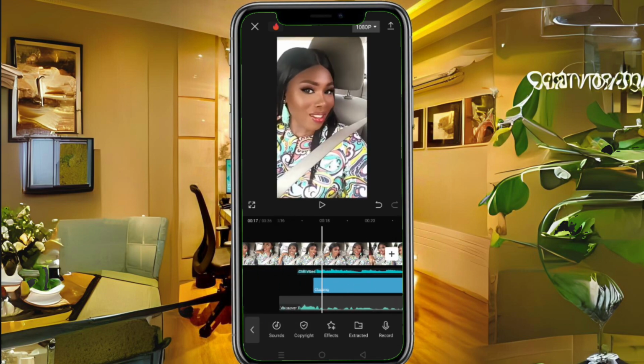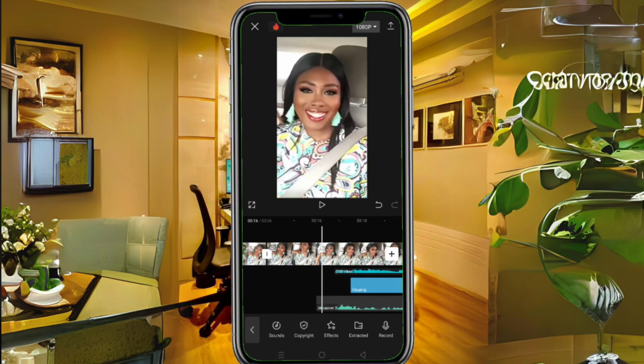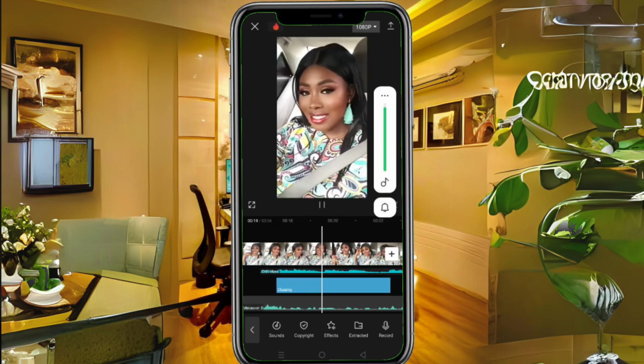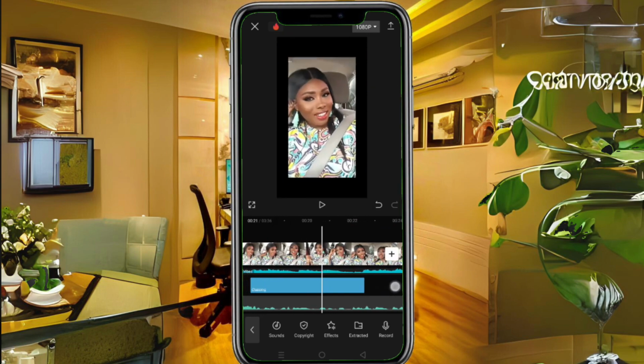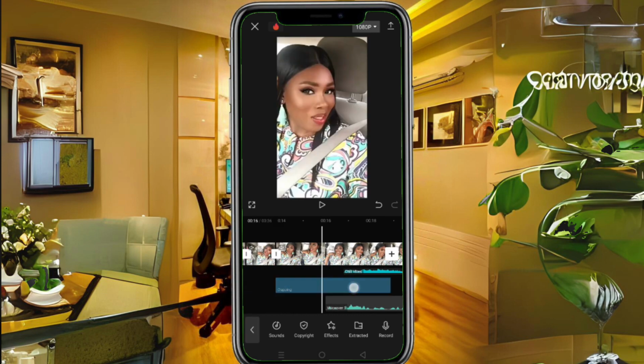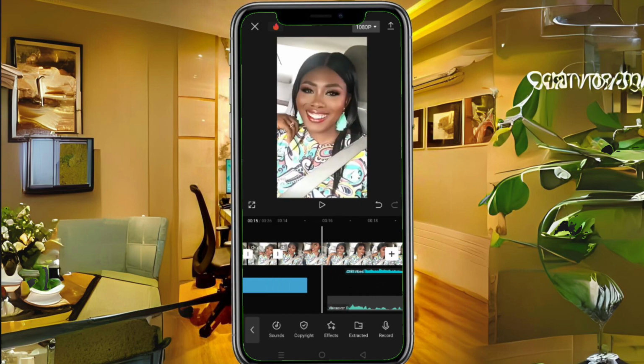Now see, your voiceover is highlighted green. This is your music highlighted blue. Okay, so let's play it. Okay, hello. So I wouldn't want this to disturb me, so I'm going to shift it to this point, drag and move. You can move any voice or any sound to any place that you want by just tapping it